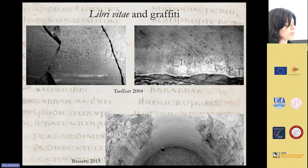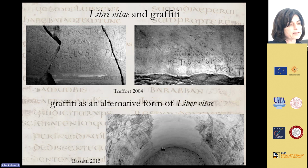The relationship between libri vitae and graffiti has already been emphasized several times elsewhere, recently also by Daniele Ferraiuolo for an Italian case, a southern Italian case. In particular, among the very numerous occurrences of graffiti with names found in sacred places or pilgrimage destinations, it has been shown how the names written on altars, presbytery walls, or liturgical furnishings may itself have constituted an alternative form, though not necessarily earlier, of liber vitae, in which the names to be remembered were simply written on a different